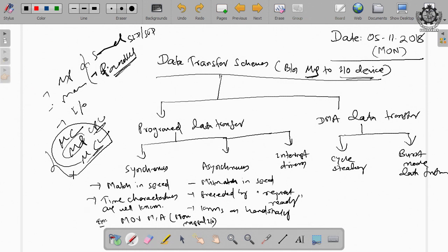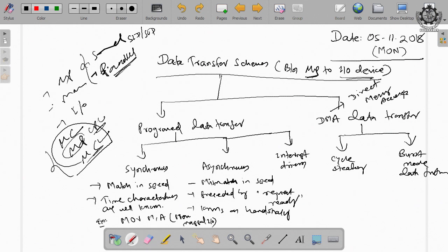Anyway, these data transfer schemes between the microprocessor and other devices within a microcomputer can be broadly classified into two types: one is program data transfer, and another is DMA data transfer. DMA stands for direct memory access data transfer.